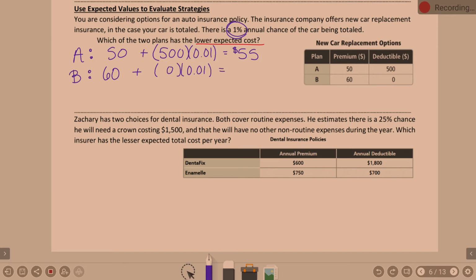And so that's just going to be $60. So which of these two plans has the lower cost? And that's Plan A. Which basically supports the idea that they're saying there's only 1% chance you're going to total your car and need to replace it. And so, since there's only a 1% chance, the better deal, so to speak, is Plan A,